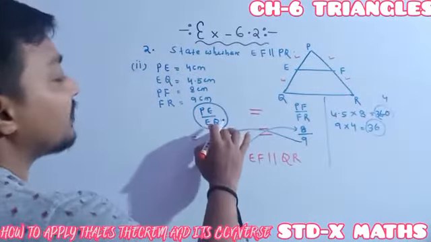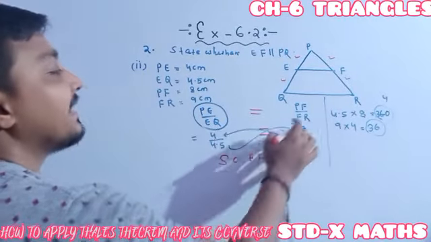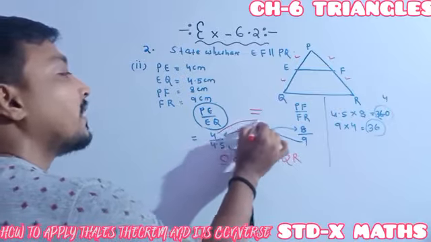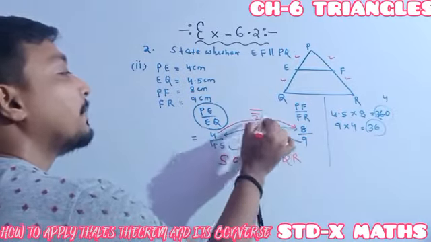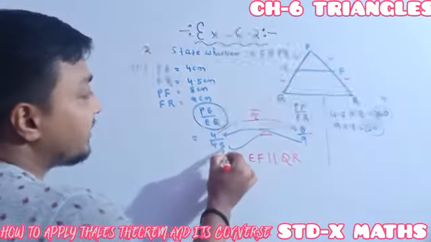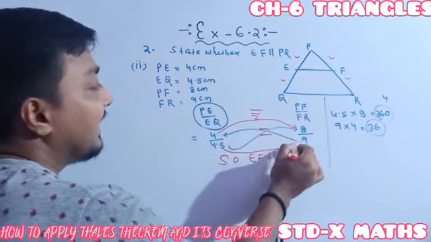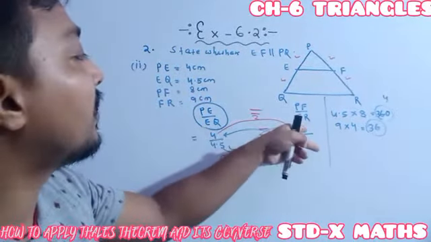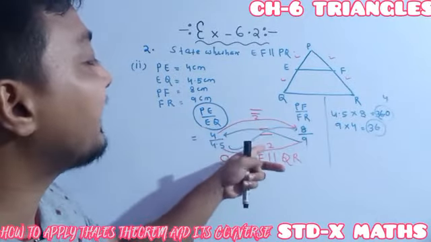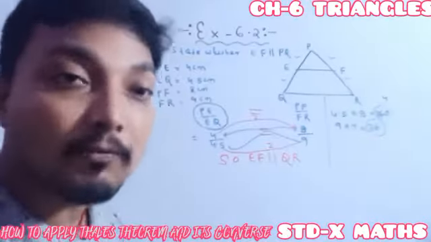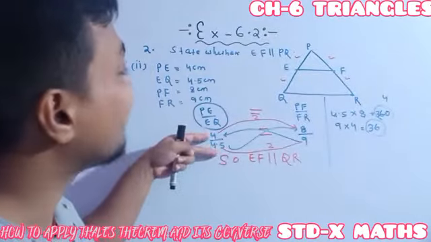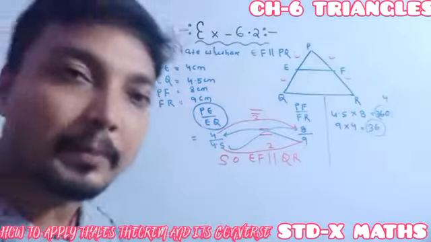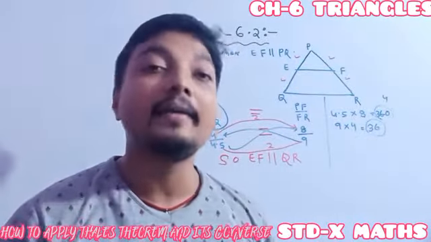Just see, whenever we get two fractions, this side also has a fraction, and this side also has a fraction. See, 4 becomes 2, it means multiplied by 2. Here 4.5 becomes 9, it means multiplied by 2. Whenever both numbers are increased by 2 times, multiples of the same number, one can predict that this one is the same as this one. Perfectly understood? Now we will do the next question.